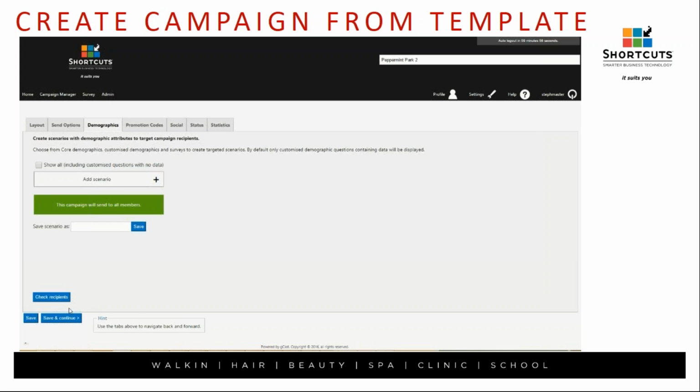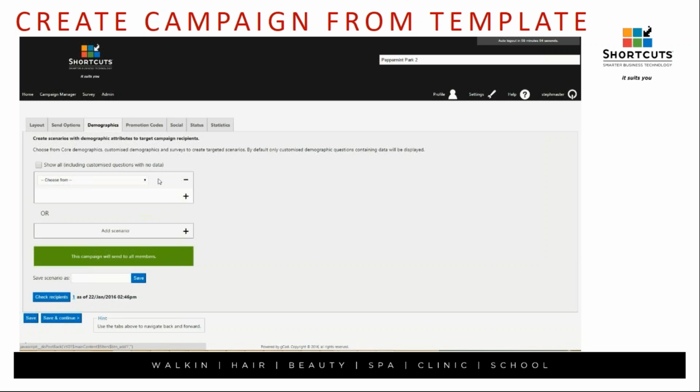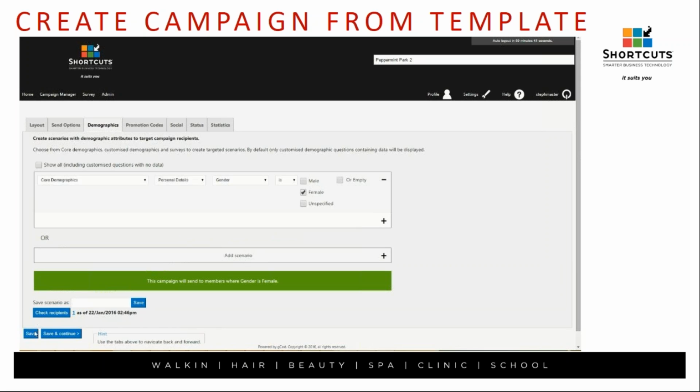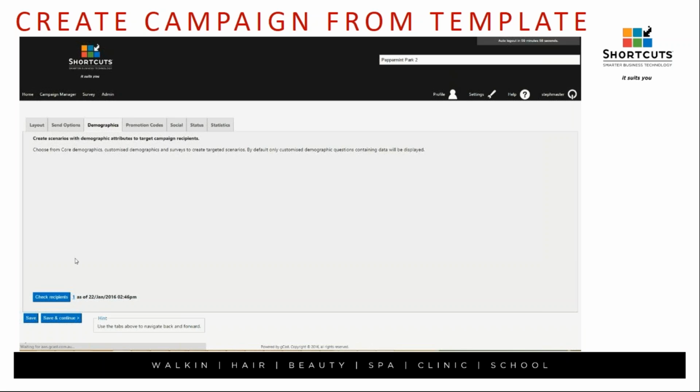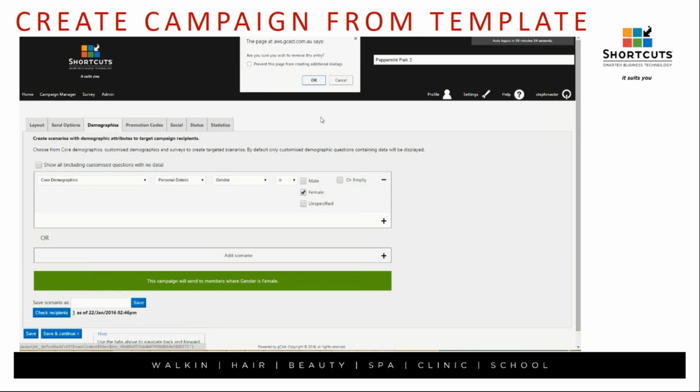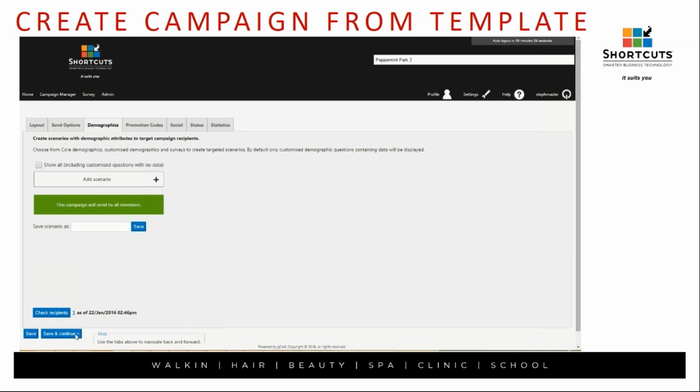Once we save and continue, you can now check, so if you wanted this to go out to absolutely everybody, you can check recipients on the bottom left hand side, and this will show you how many people it's going to go to. Or if you want to break that down, you can add a scenario. We're just going to choose core demographics for today. If we go into personalized details, and in there we can maybe choose gender, we can then tick the boxes for the clients we wish to receive it. And again, you can check the recipients on the bottom left hand side of the page. You can also remove it if you don't wish to use it. Once we save and continue,